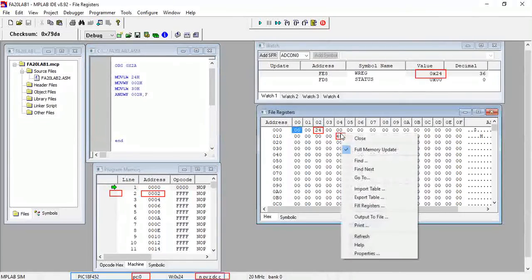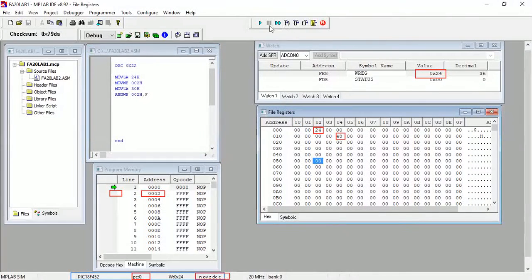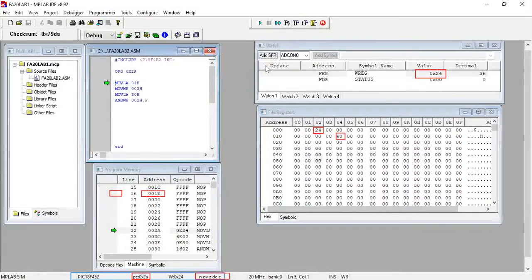We're going to step into it and go to 2A. What will happen? First of all, this value will come up here, so 24, and this is okay. Now the values are 30 and 24. So the AND operation will happen between 24 and 30, right? 24 will be equal to 0010 and 0100, and 30 will be equal to 0011 and 0000, right?